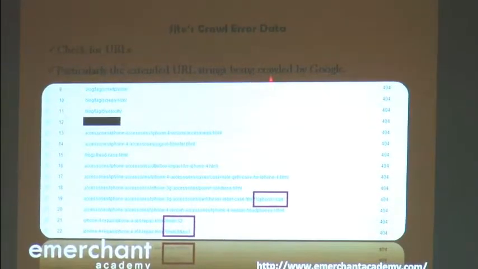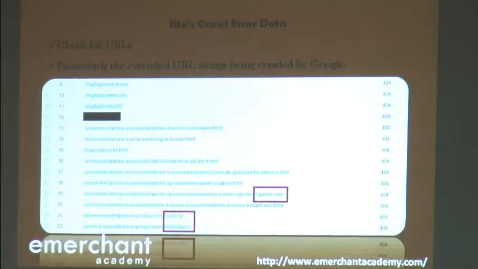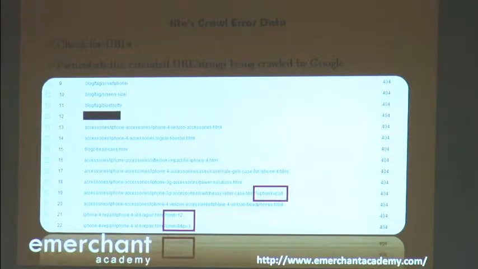Now what will happen in all these scenarios is that the extended URL strings are being crawled by Google. That means whatever extended terms you are putting in the URL are also getting crawled by Google. So my friend, we need to be specific: if you can name it properly and then it is getting indexed, of course, it is better for a lot of things. But at the same time, there are some other pages which are not optimized properly, and still they are getting cached by Google Webmaster Tool.